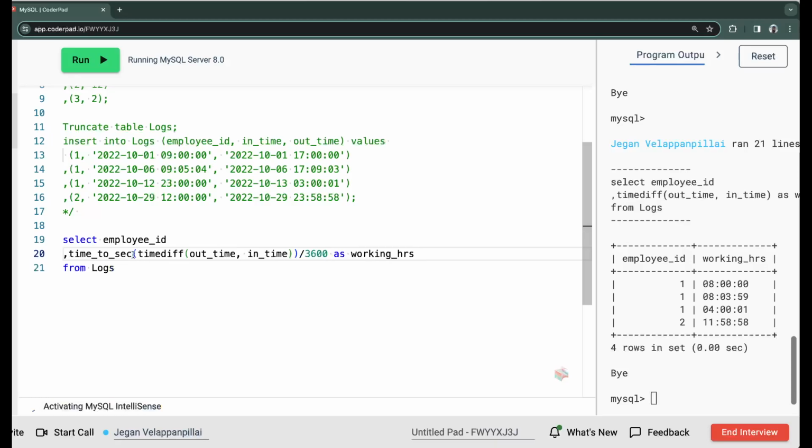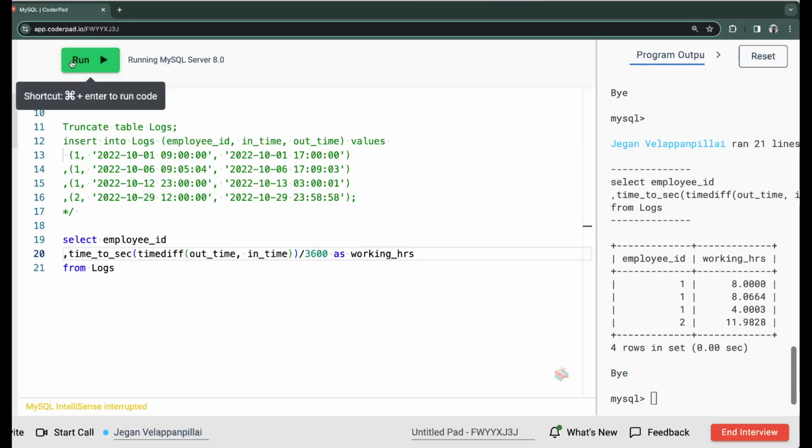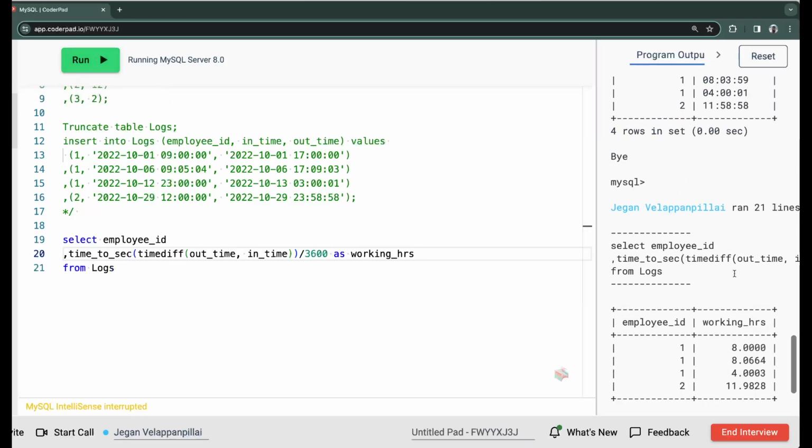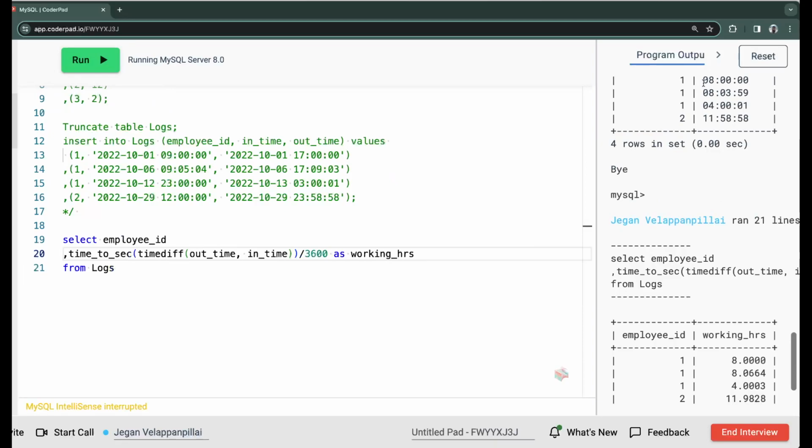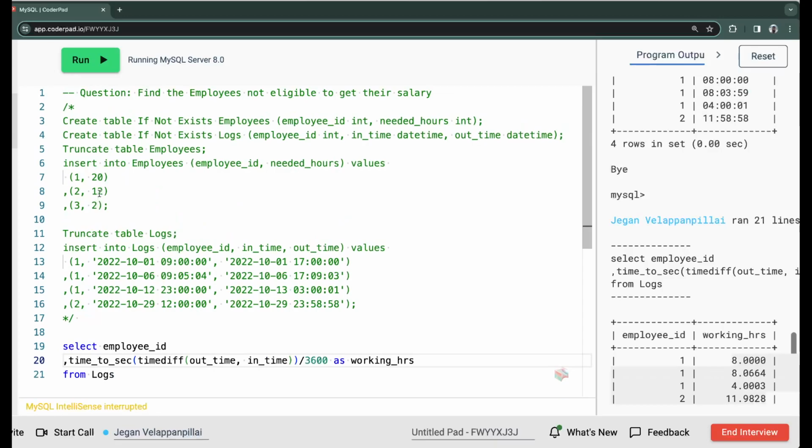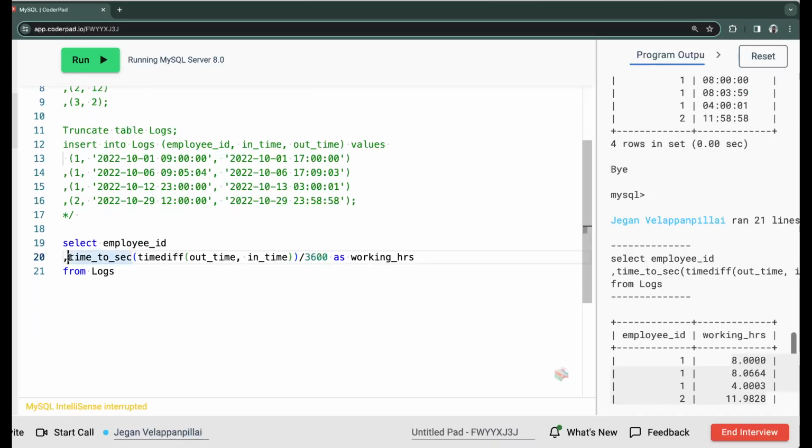Okay, and this is going to show you the format. If you see this, 8 hours, 4 hours and 11 hours. So it converted to a decimal, but we are talking about integer, right? So we can just try the ceiling function